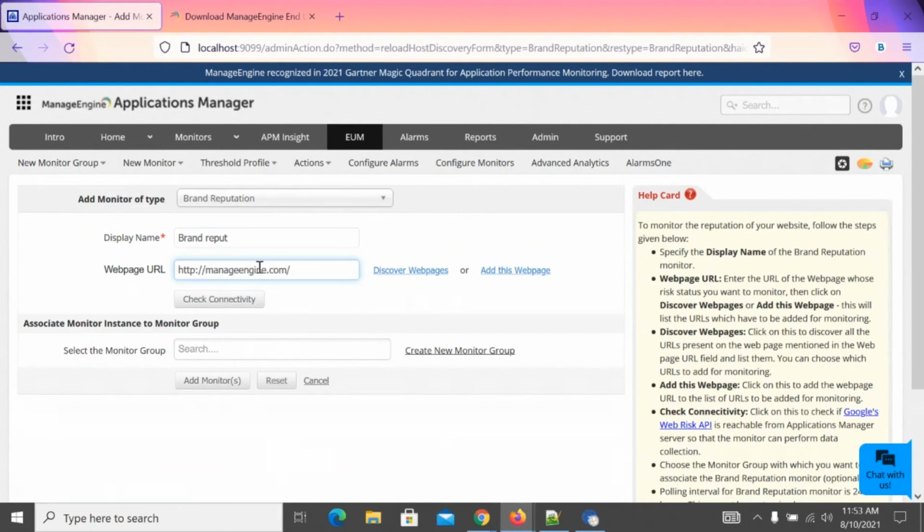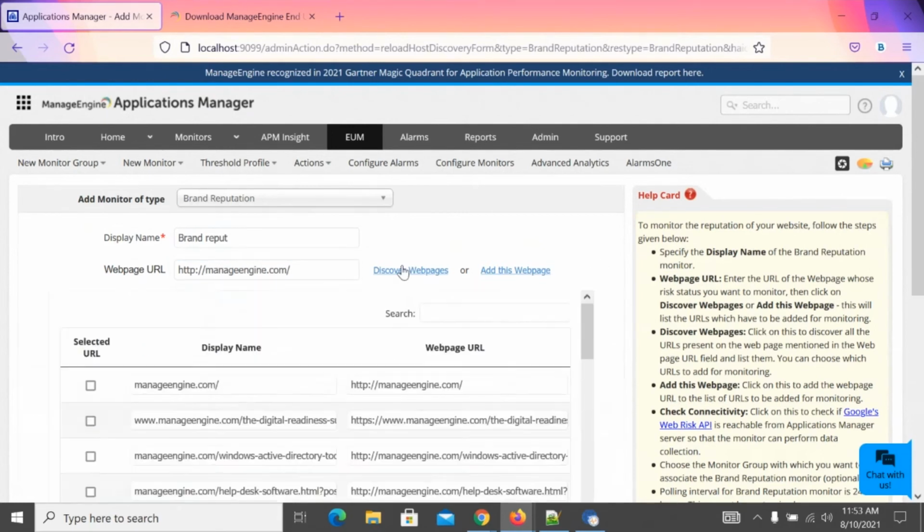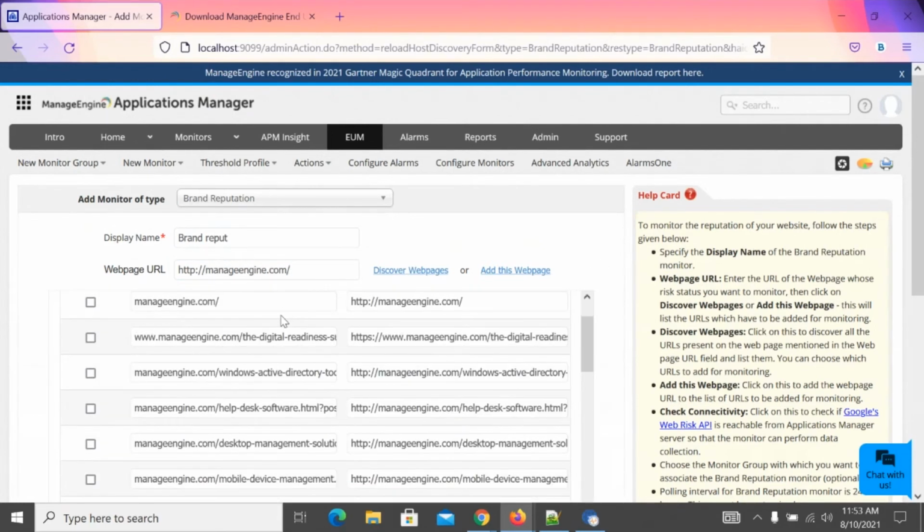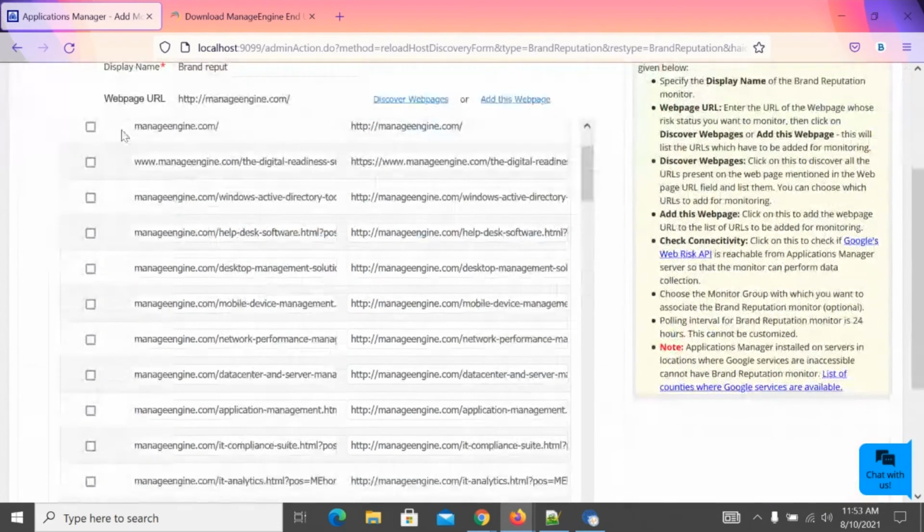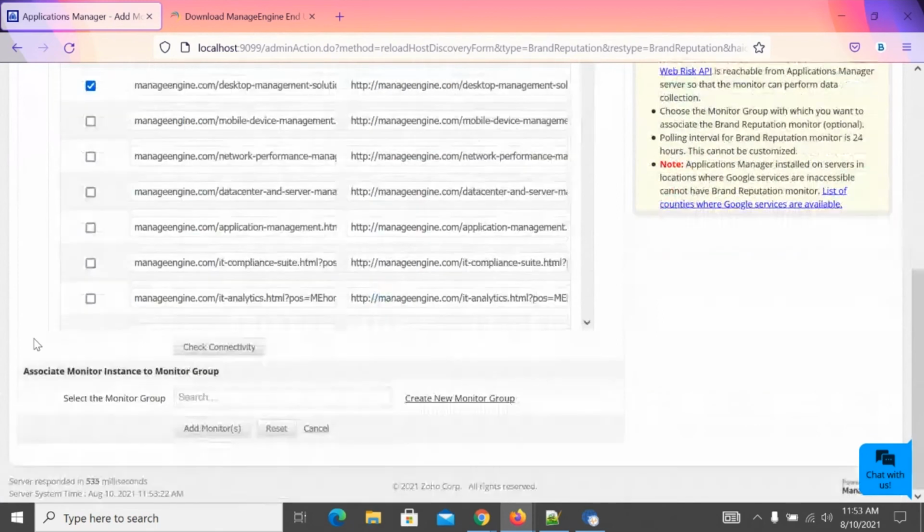Clicking on Discover Web Pages, so that all the web pages under this URL will be discovered. Whichever web page I want to monitor, I just select it from here. Once I have selected the web pages, I click on Check Connectivity. This is a success message, which means the REST API is reachable. Once I get the success message, I can go ahead and add the monitor into Applications Manager.